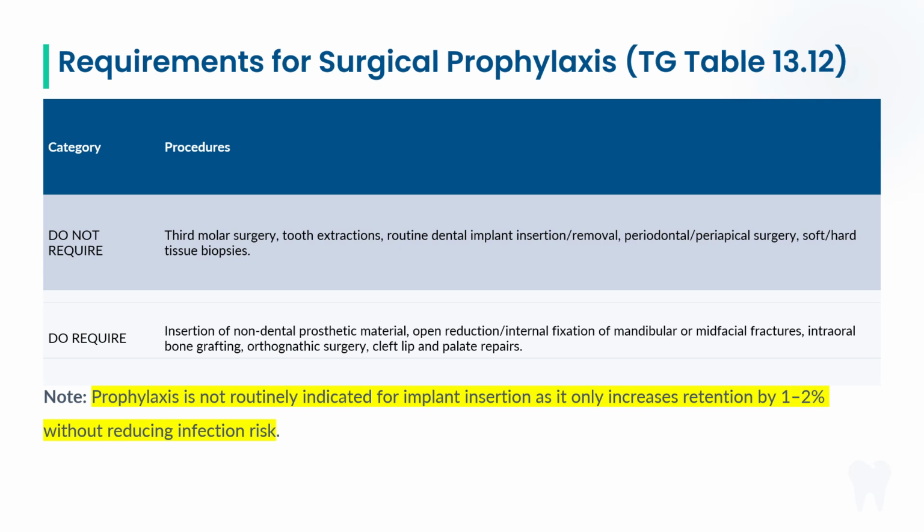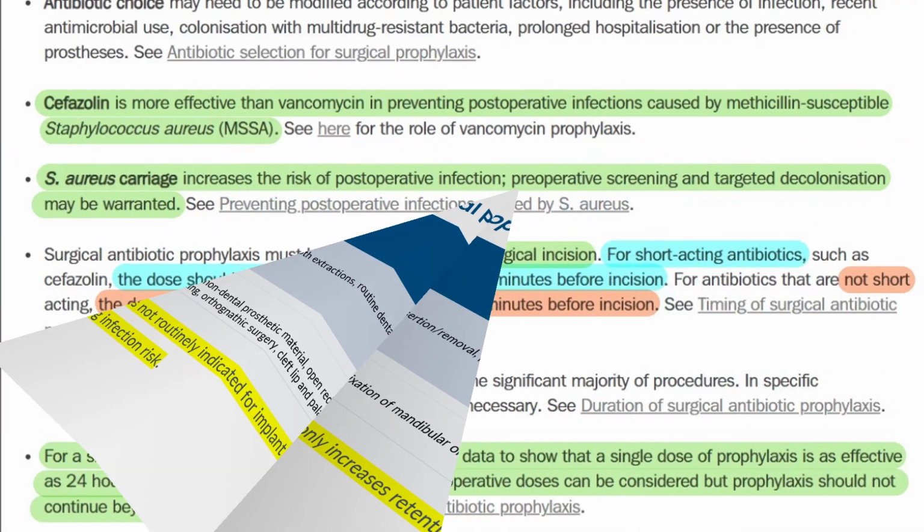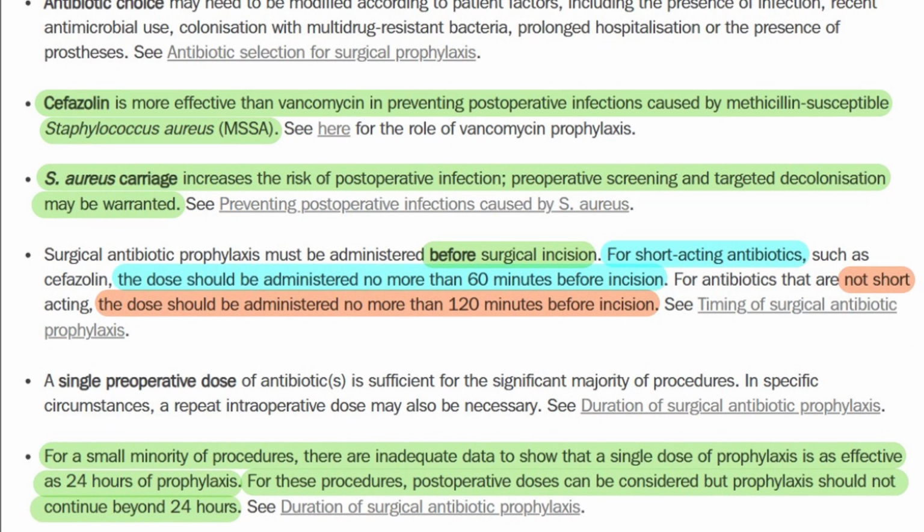Now, I highlighted this for a specific reason. So prophylaxis is not routinely indicated for implant insertion because it only increases retention by 1 to 2% without reducing infection risk. So if you look at the benefit of prophylaxis for implants, it only improves the retention by 1 to 2%. So realistically, it's not much. I think the whole process of dental implant placement in a sterile environment is important. So some of the highlighted areas